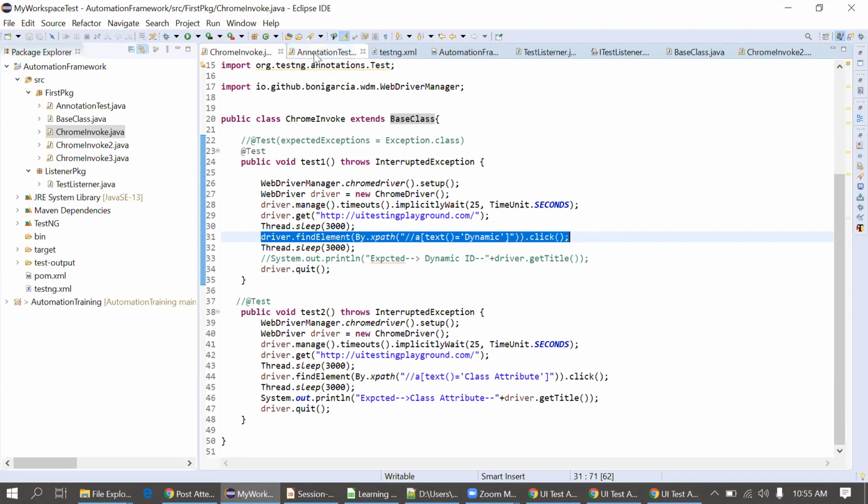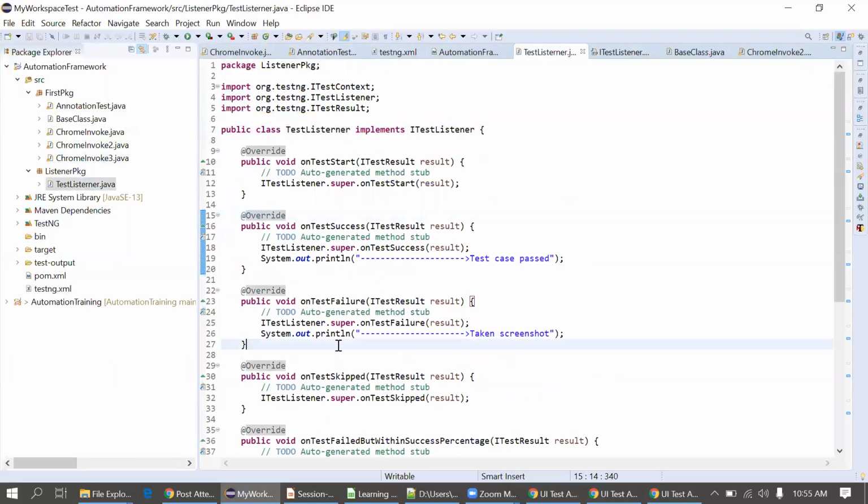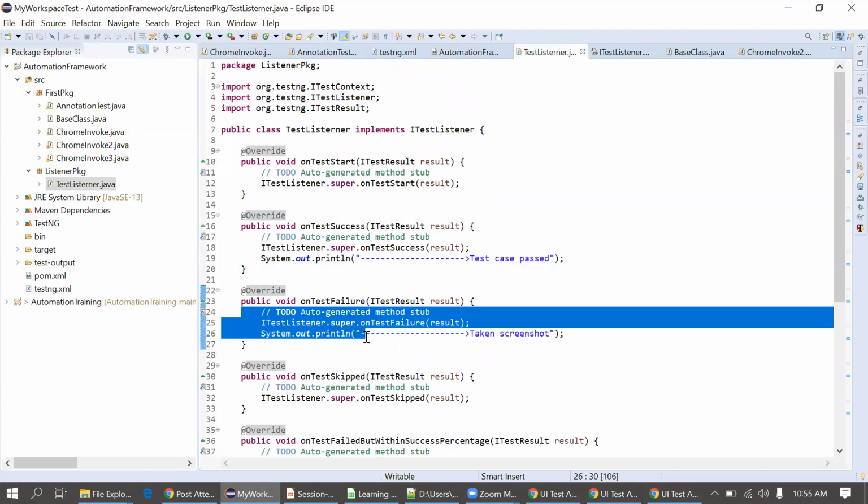If you write some code in this onTestFailure method, only if the test case fails will this method get called. You don't have to write the take-screenshot method everywhere.